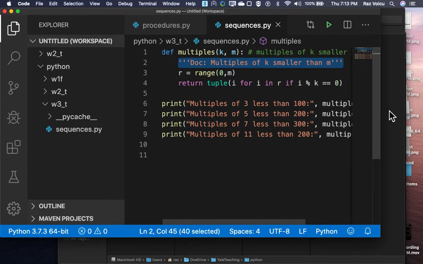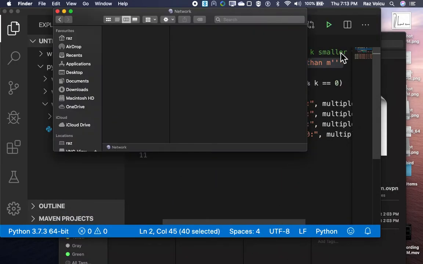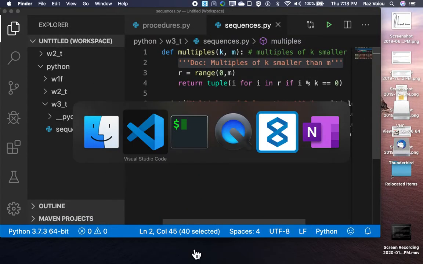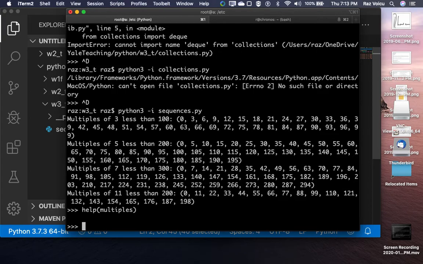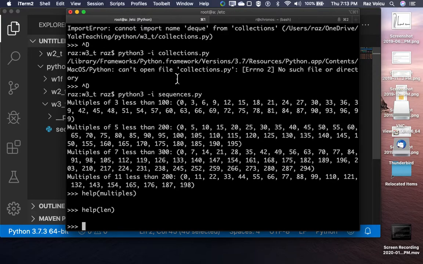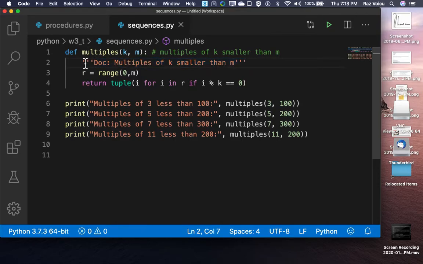All right, so Python is trying to be friendly, right? And has a help function that extracts the documentation of every procedure that we write, including the predefined ones. So if I say help len, you have seen the len procedure, we get some help on it. So if you bother to provide a bit of help content for every procedure that you write in this form,